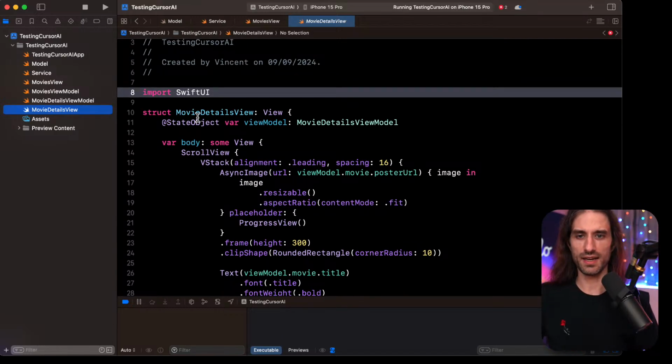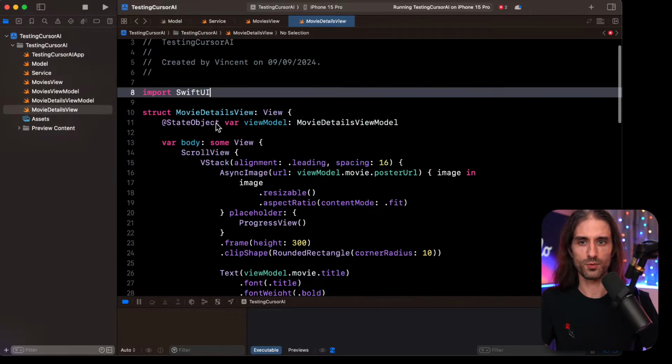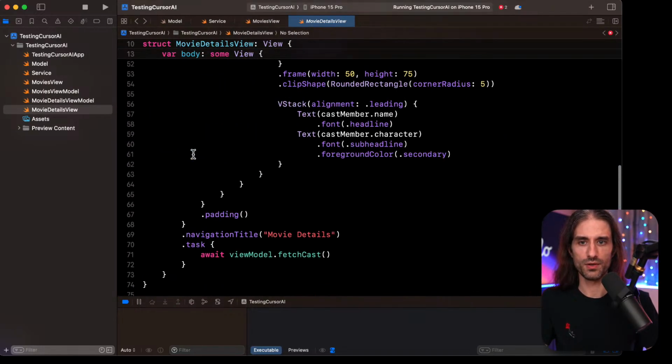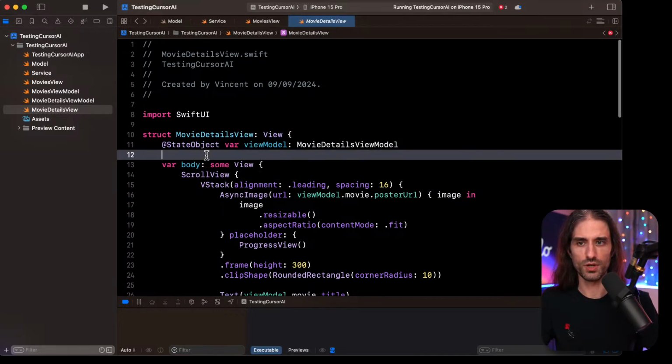Okay, so here I guess. Yeah, it's just that we don't have an init for this, but we should have one actually. Why isn't there an error? Because we should have one.